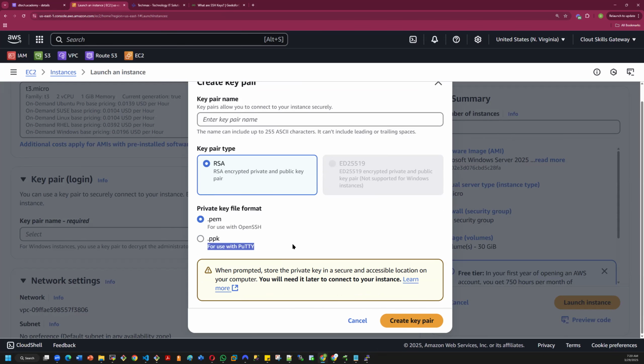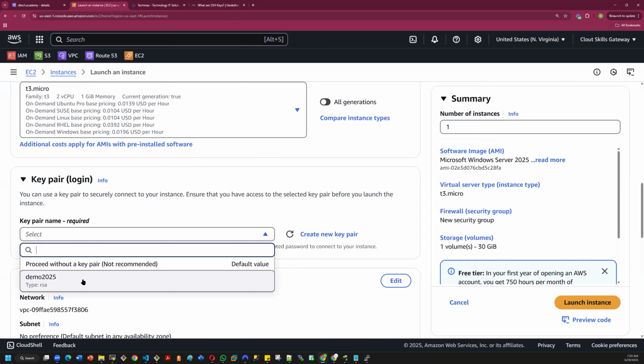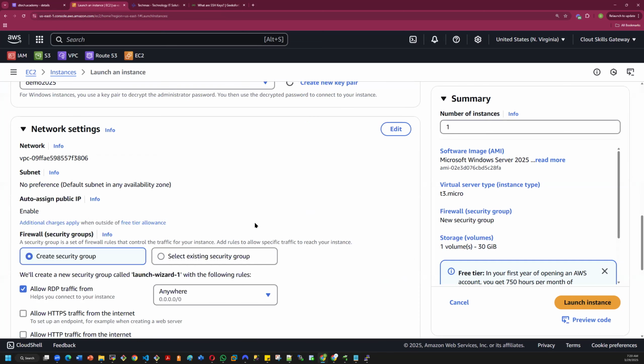So you have to remember that when you create the key. I'm not going to create it, but I wanted to show you guys that. So I'm going to select this key pair that we have. And then for the network interface,